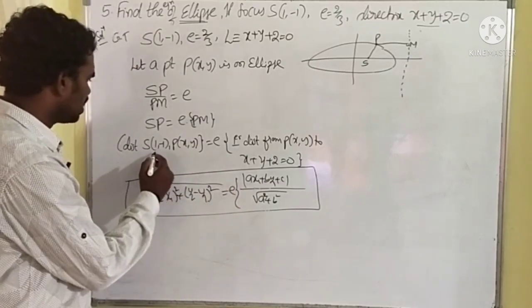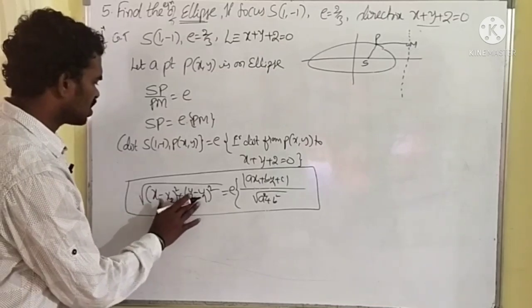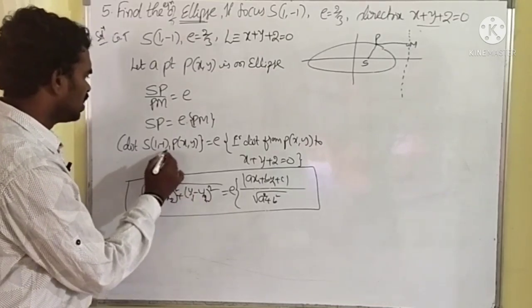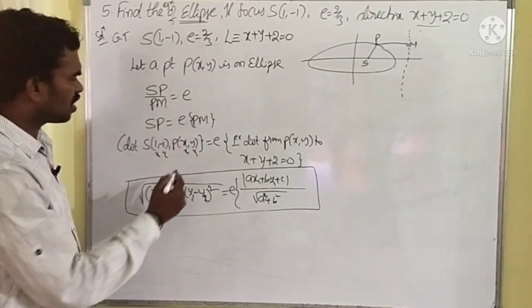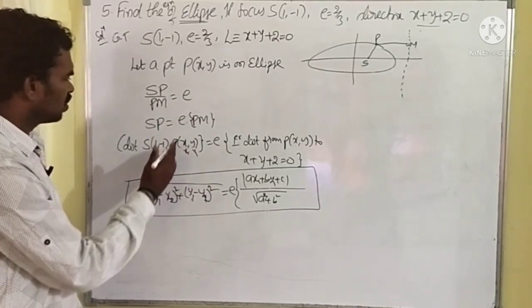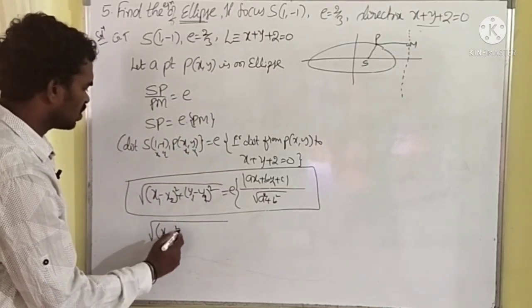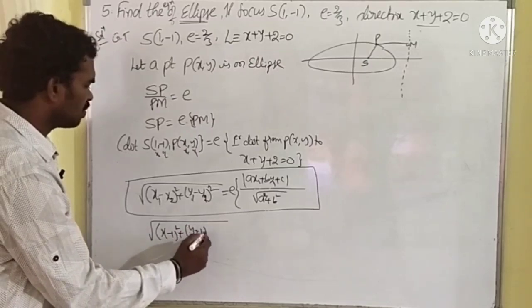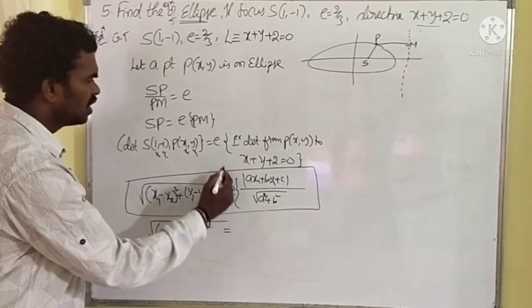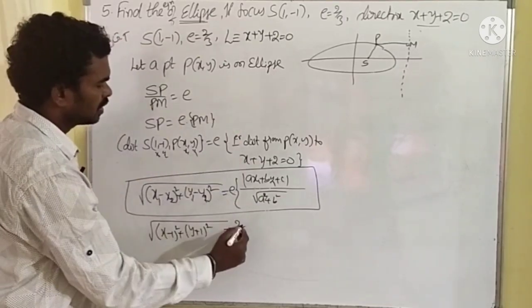So here this is x1, y1, or otherwise you can write (x1 - x2) whole square, (y1 - y2) whole square, and I am taking this as (x1, y1) and this as (x2, y2). So applying the formula, x1 - x2, so (x - 1) whole square + (y1 - y2), y minus of minus 1 becomes (y + 1) whole square is equal to e. e means eccentricity, that is given 2 by 3.